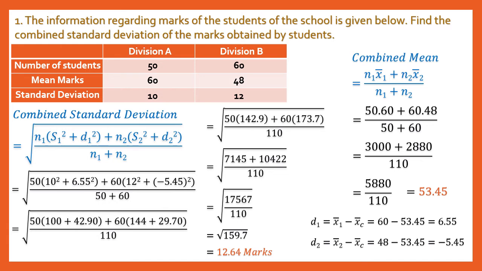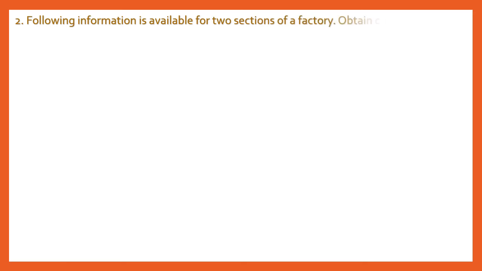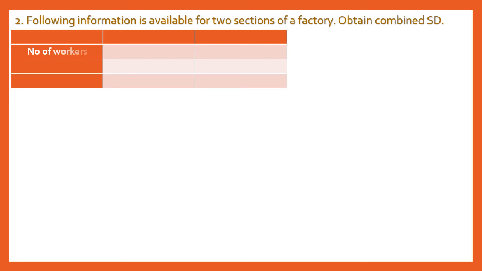Let's take another sum. Try to understand how the system goes, how the steps go. Okay, so let's take another sum. Question number 2. Following information is available for two sections of a factory. Obtain combined standard deviation. Now the data is again given in a table: number of workers, mean time of production